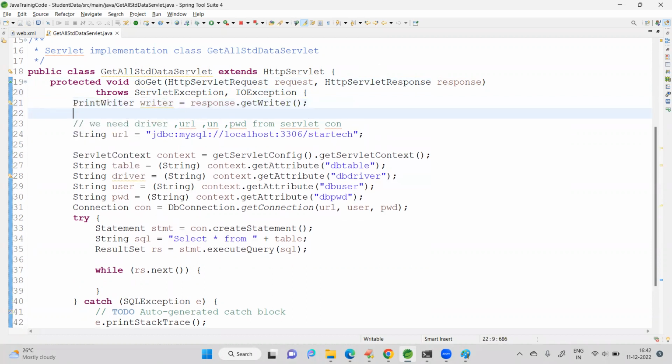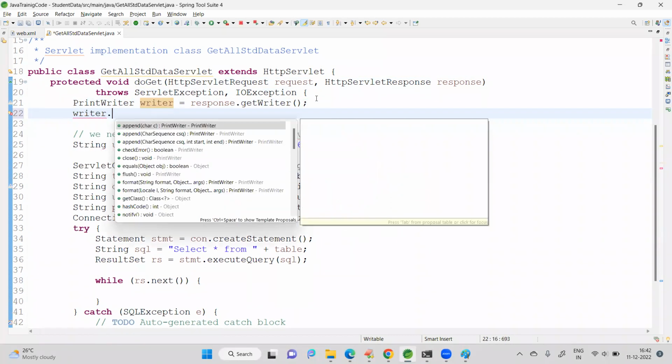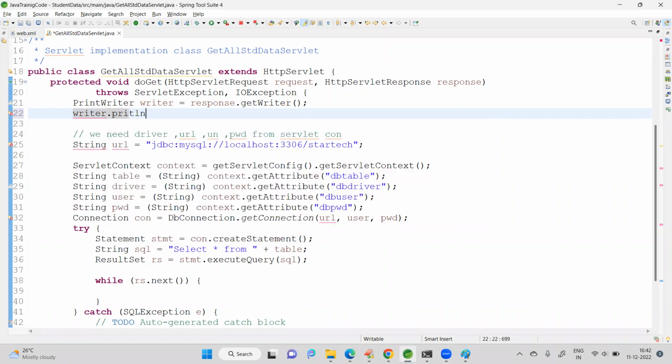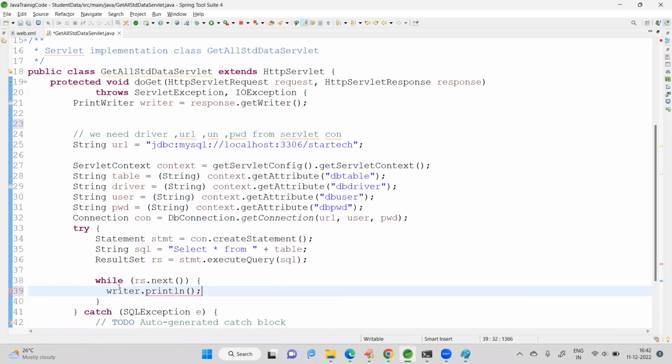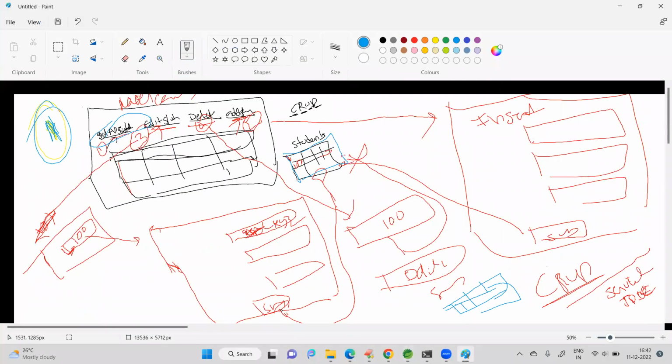So, what is the need of PrintWriter? To display data in a browser. Okay, println. I'm taking println here. Here I have to print the data in the tabular format. So tabular format, how to print? There are some tags, table data. So the main thing here,